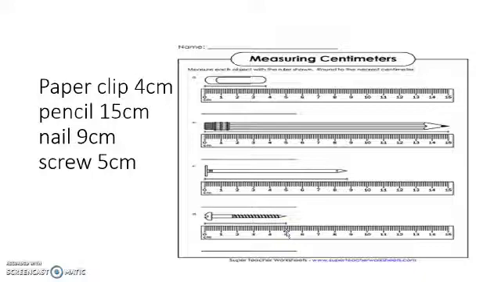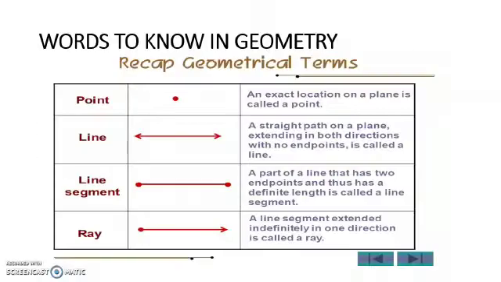Similarly, you can measure lines also whenever you are asked to draw a line of a specific measurement. Now let us move forward and understand basic terms used in geometry. You can see these are simple words in maths or in geometry, and each means a specific thing. Similarly, here you can see this is a dot.